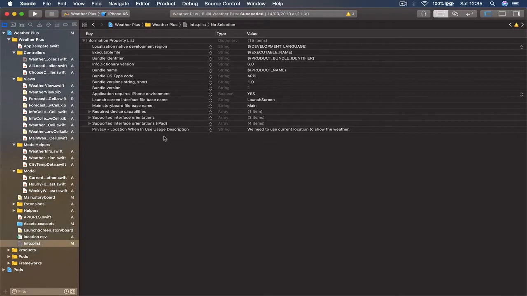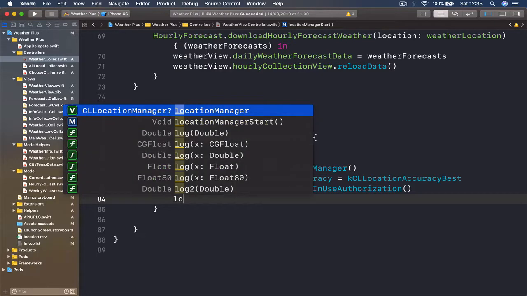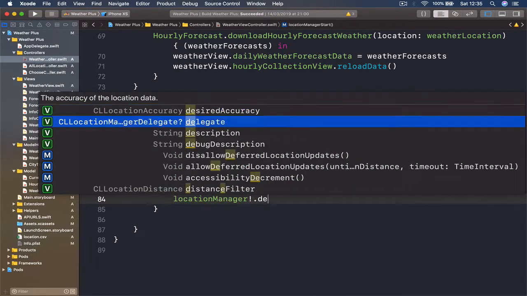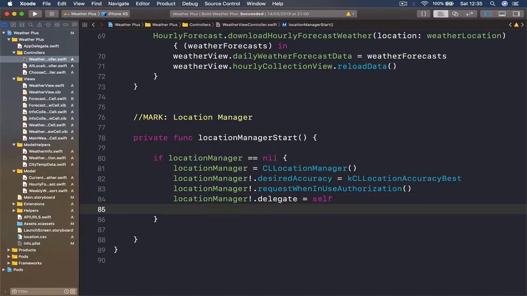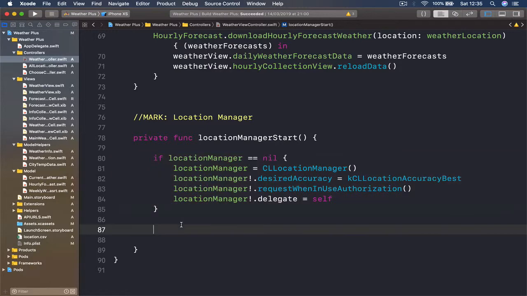If we don't have this, by the way, and we are asking for the permission here, our application will crash as well. So make sure you don't forget: anytime you are using some kind of privacy, you have to put it in your info.plist file. Then I'm going to say location manager, unwrap this, and set my delegate to self, and that's it. And once we initialize it, in case the location manager wasn't initialized, once we do it,